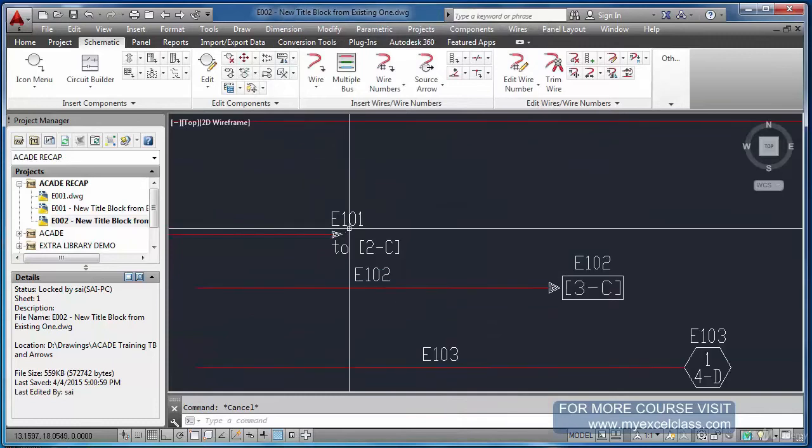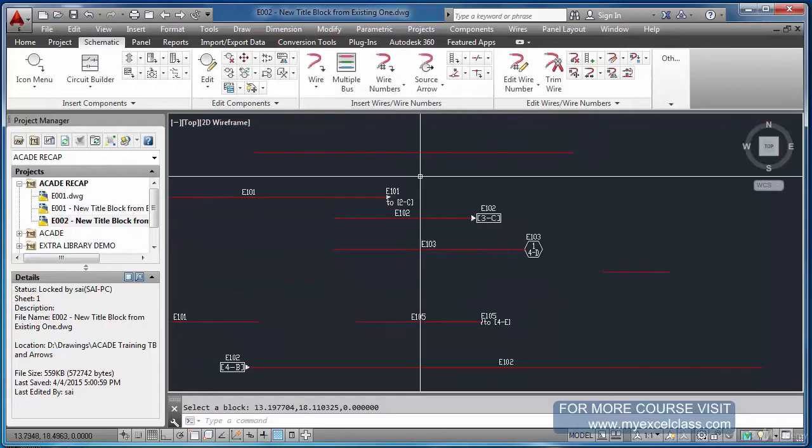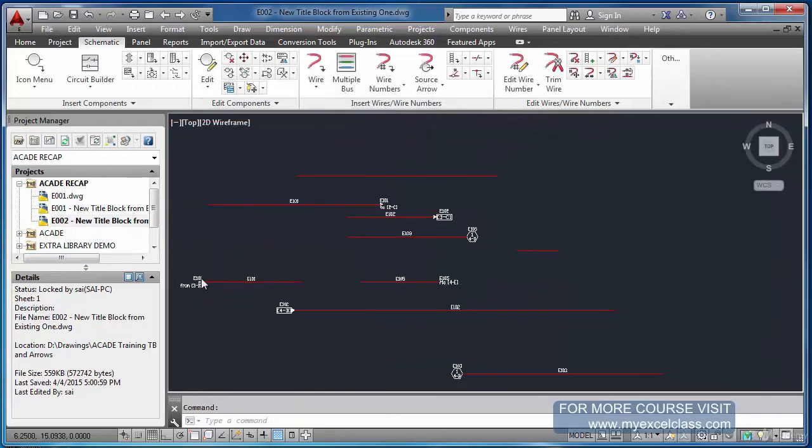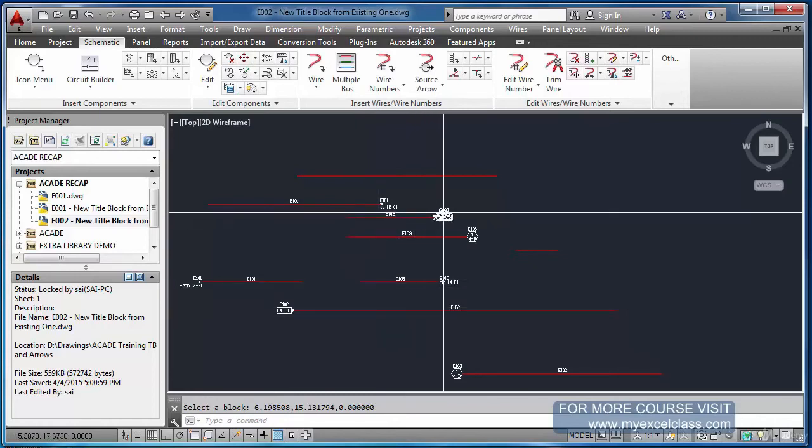Another interesting thing which I am going to show you now. If you double click this, the block name is HA1S1. You concentrate on the 3rd and 4th characters, that is 1 and S. 1 stands for the first signal style, and S stands for source. If you click this one, you will come to know the second one.